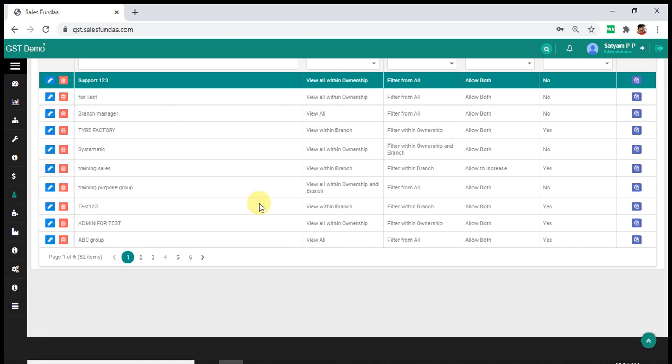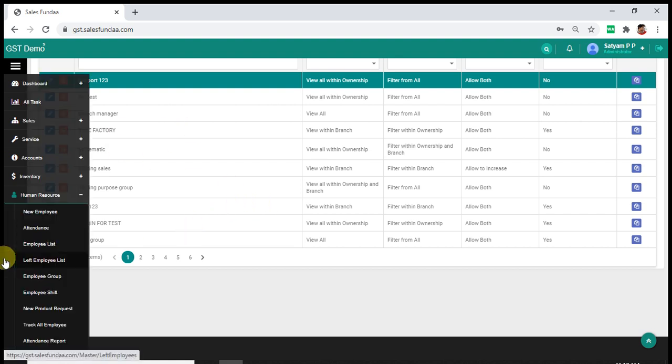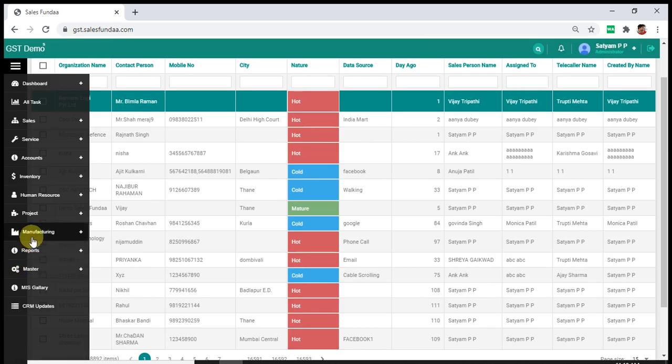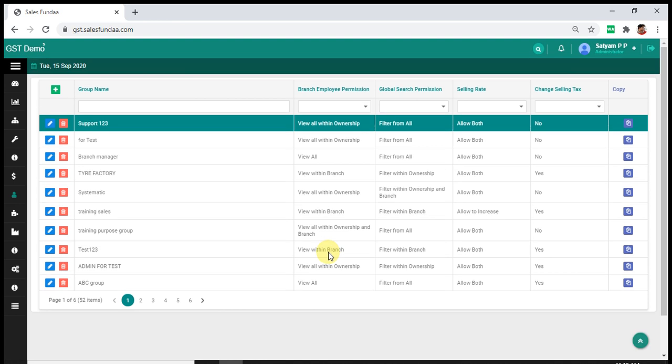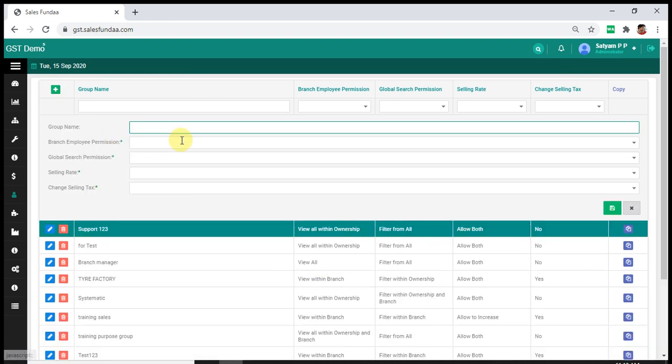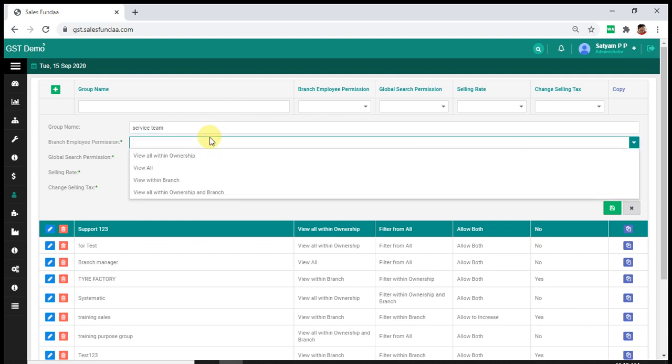For adding them, click on the plus icon, add your group name, branch employee permission: view all with ownership, view with branch, view all with ownership and branch.